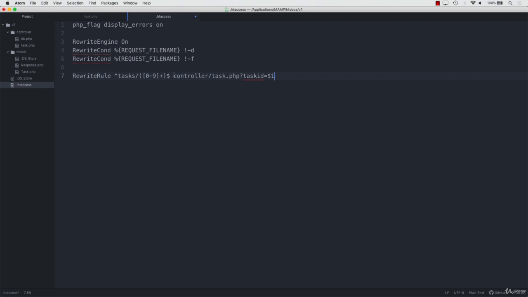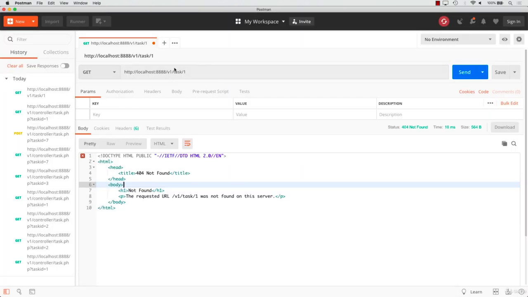Okay, so what this is doing here is rewriting that to look like this. So tasks slash then a number. And then what we need to do at the end is just say, if it finds a match on this rule, that's the last rule, because the order of rules can actually make a difference. If it matches on this, that's the only rule you should have. We will be creating more rules for our other endpoints and routes later on, but that's all we need to do. So now if I save the htaccess file, go back to Postman,